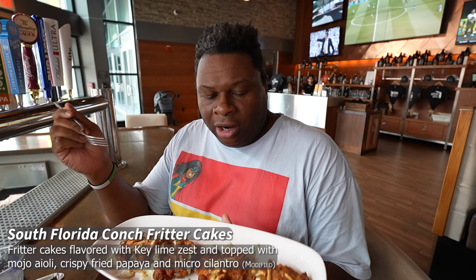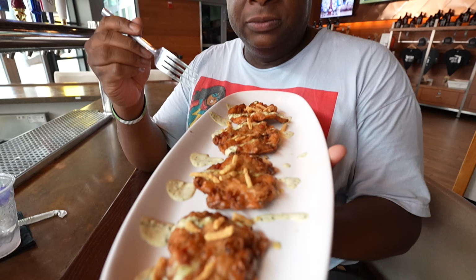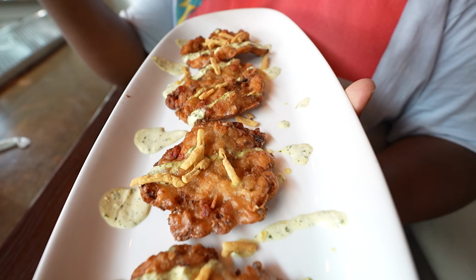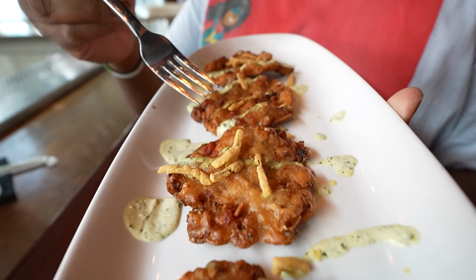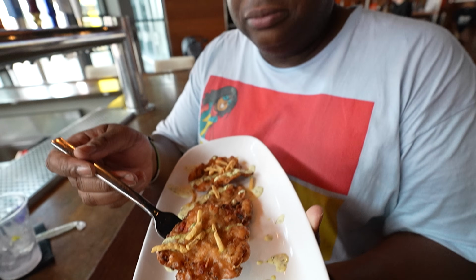South Florida conch fritters. You have these beautifully flattened conch fritters with the sauce on top. Now, it does normally come in a mango chili sauce, which I can't have. So I get the papaya cilantro sauce instead. Normally we get both. I'm just getting the one because I'm allergic to mango. If you don't know,